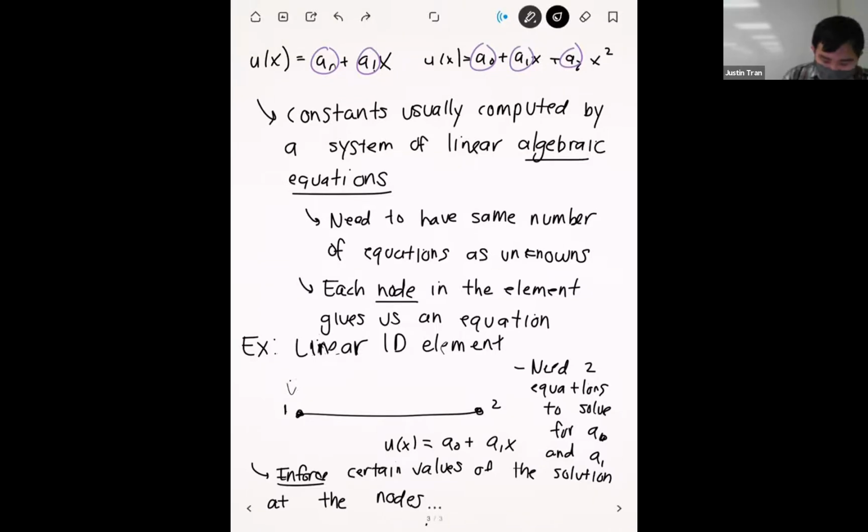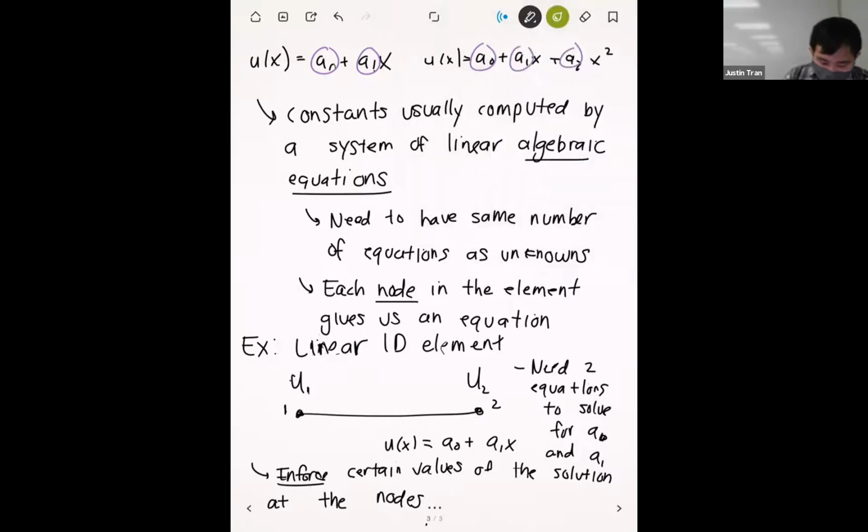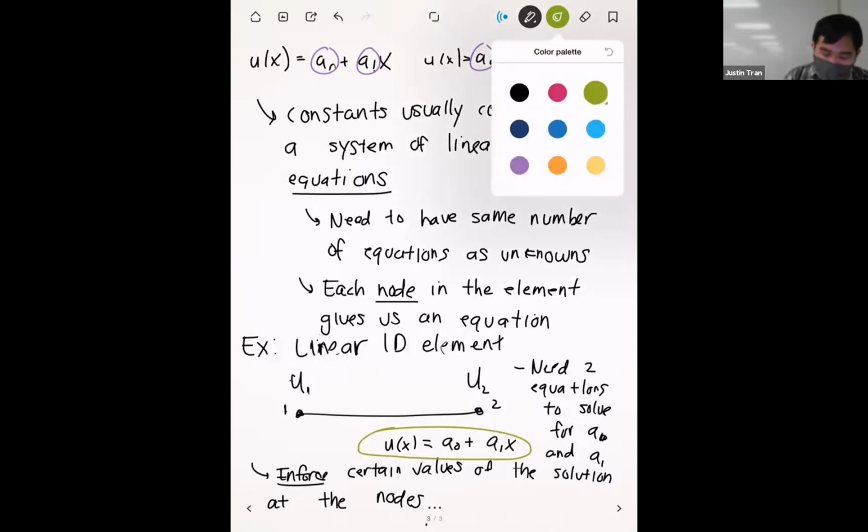Right, and so if you write it out, what we're basically saying is that at node 1, we're going to have a nodal solution called u1, and at node 2, we're going to have a nodal solution value of u2. Okay, and so what we're going to do is use this equation right here and basically just say that when x is equal to x1,